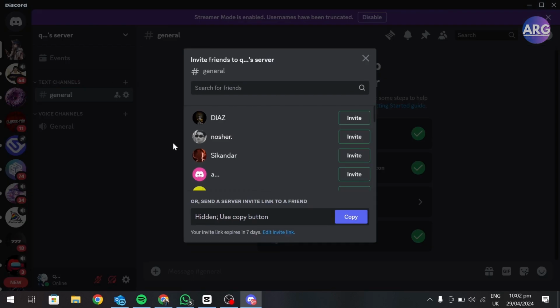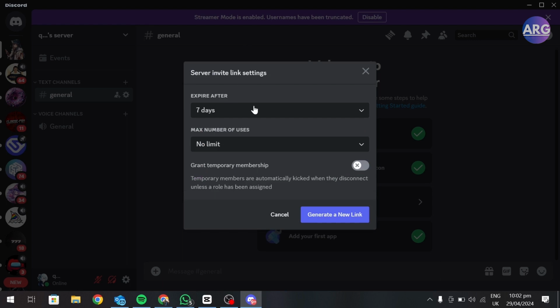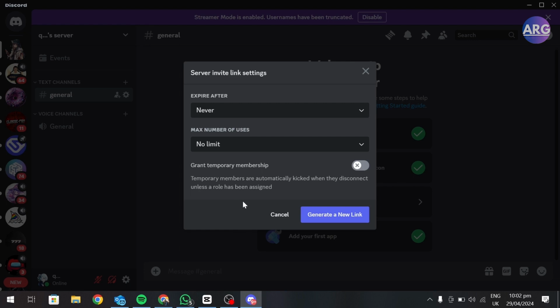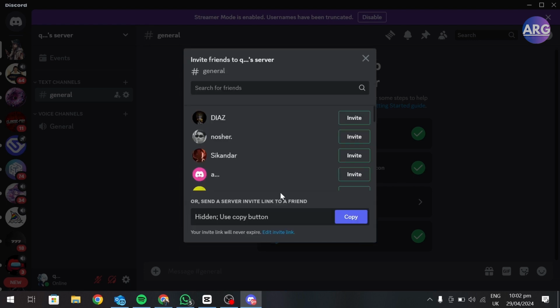Here you can see on the bottom you can copy your invite link, but here this says this invite link will expire in 7 days. Click on edit invite link and here change this from 7 days to never and click on generate a new link and click on copy